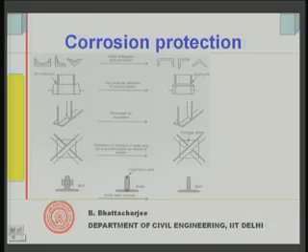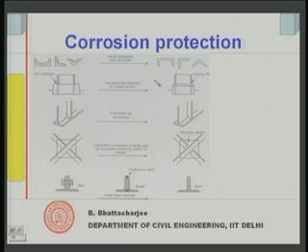Following up on corrosion protection, some of the detailing can improve your corrosion protection very easily. For example, do not allow water or dust to accumulate. If your structure is something like this, dust gets accumulated here, but if it is something of this kind, with better detailing of the structures, then dust cannot accumulate here. So, dirt collection should be avoided. Pay attention to dirt collection. For example, if there is a tray or trough-like situation where dust can collect, and you turn it the other way around or seal it up, then this dirt cannot collect.